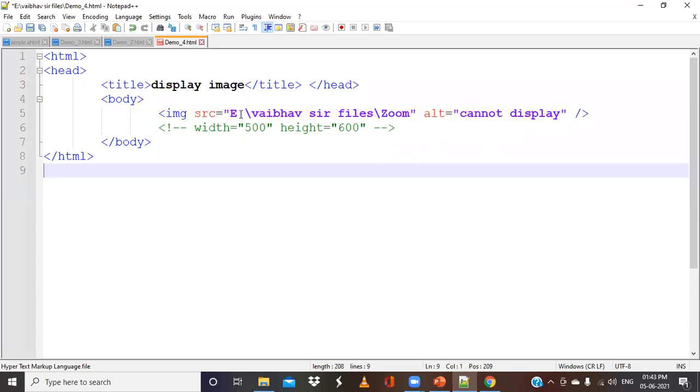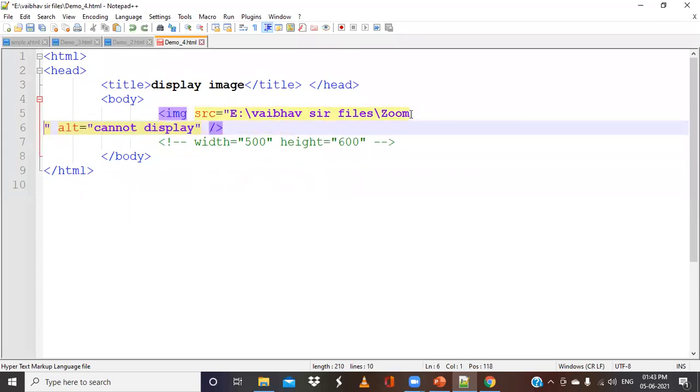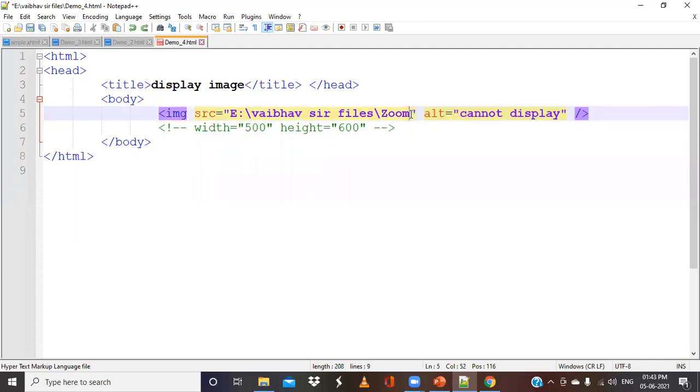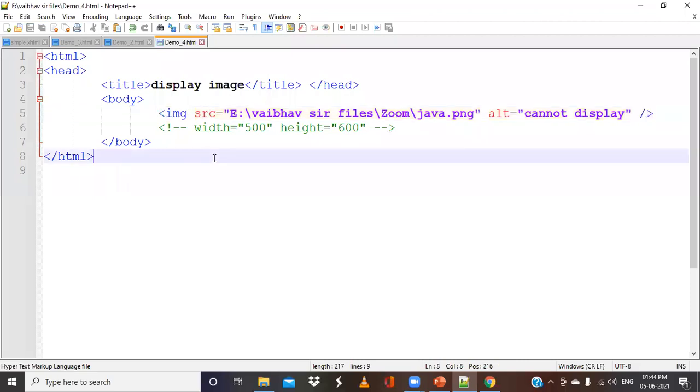E:/vibosur files/zoom, and here I have to specify /java.png. So this SRC attribute will now give us the full path name.